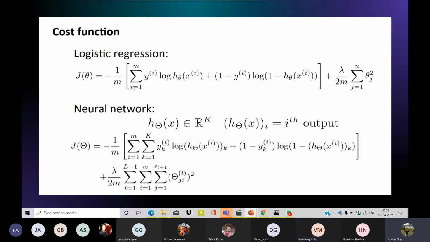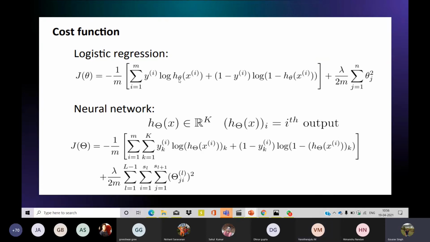We can see that here we have only one summation term, while in the neural network we have two summation terms, because layers are increasing. For each layer we are doing the same function that we were doing as a single layer in logistic regression. And this one is the error term, and this one added is lambda by 2m summation of theta_j squared. It is a regularization parameter that is used to address the overfitting problem in a model. And this is a cost function that outputs the error.